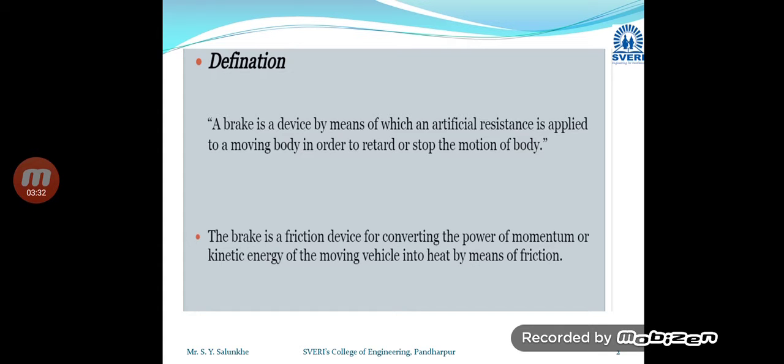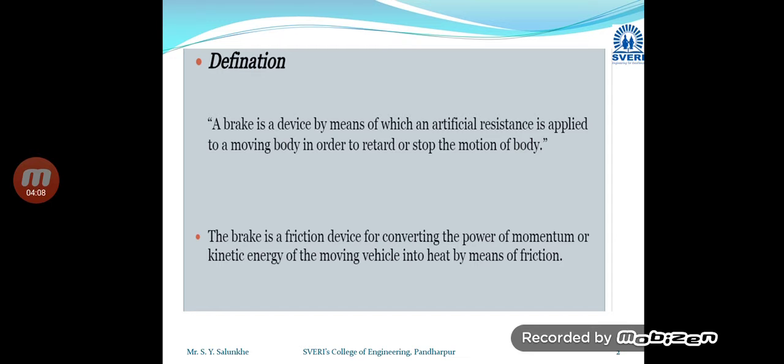Now these braking systems work on the principle of friction. So what is friction? When two bodies have relative motion between them, friction is created. This friction is always in the opposite direction of the motion, and it reduces that motion; it opposes that motion. Friction is a force, and that force depends upon mu, the coefficient of friction.